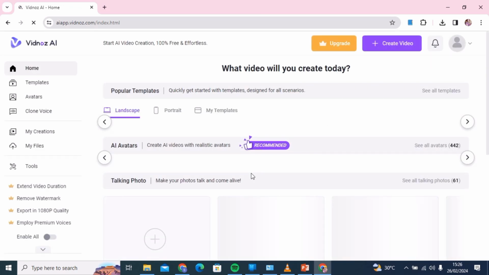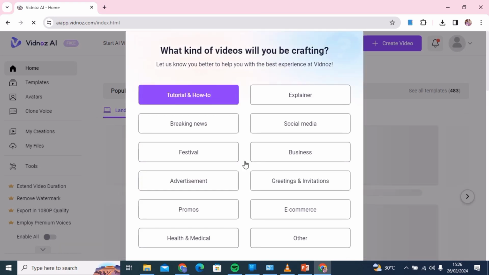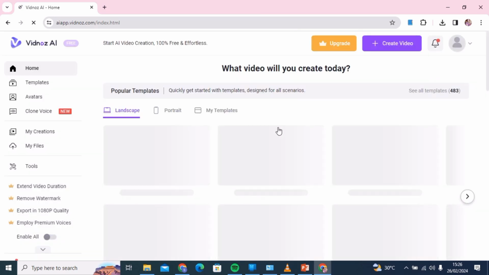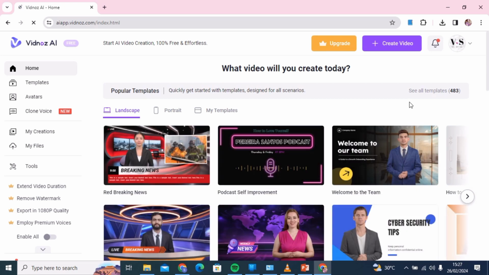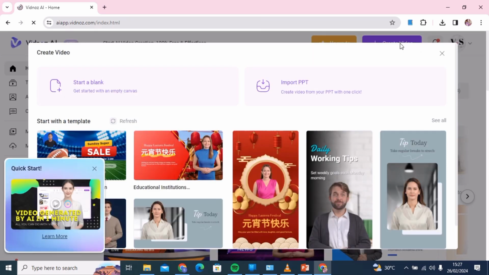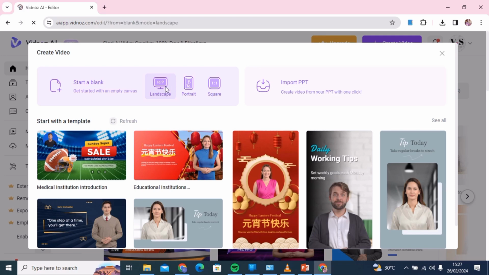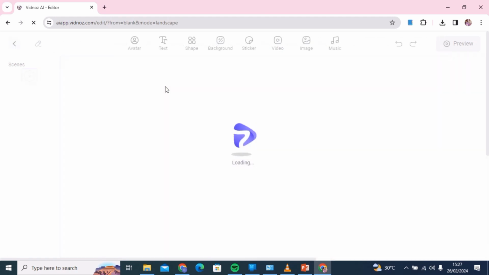And there we are. So this is the interface that you first see when you get into this tool. And as you can see, there are quite a bunch of things that you can do up here. So today we're just going to hit create video, since that's what we want to do. As you can see, there are a bunch of templates here. And today we're just going to get started with a blank template. And you can choose landscape, portrait, or square. So we're just going to choose the